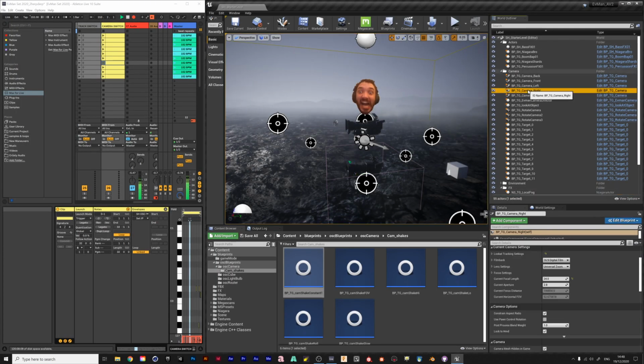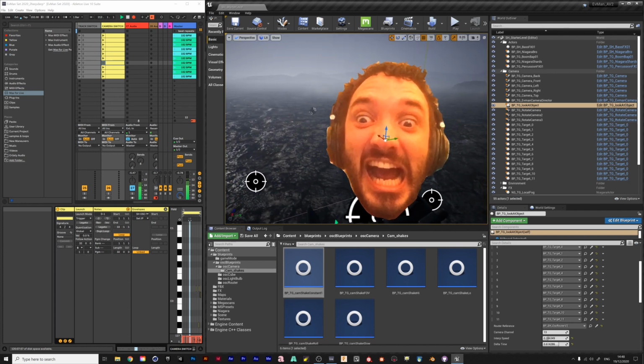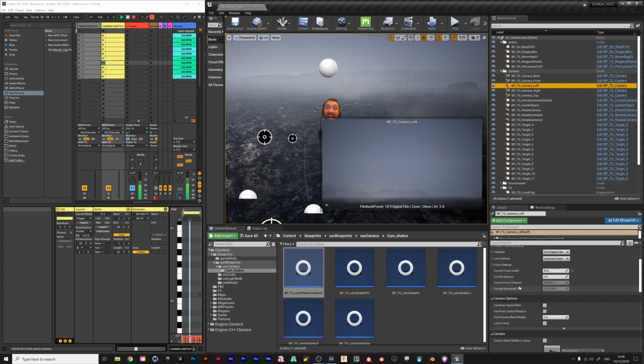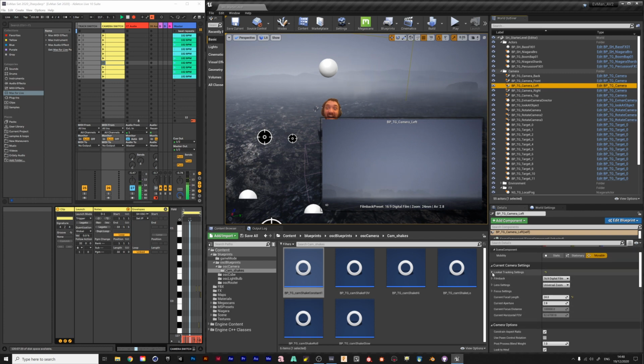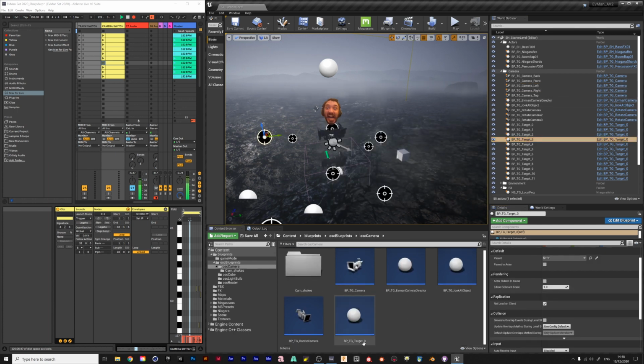So there's a couple more objects here. The look at object being the happy face you see here. That's basically just the object that all the cameras here are being told to look at. So these are all Cine cameras. They have a look at tracking variable, and you can select the object you want it to look at here. And then inside of the look at object,